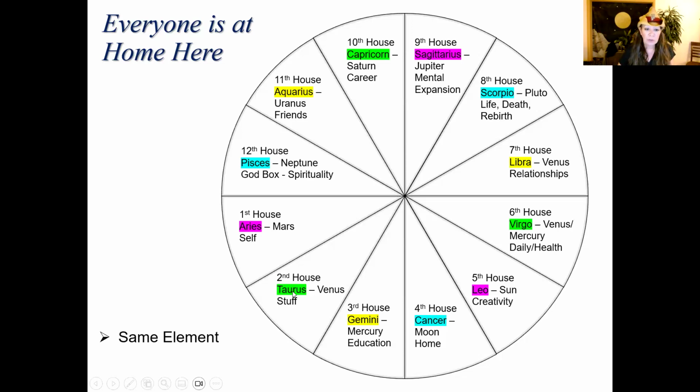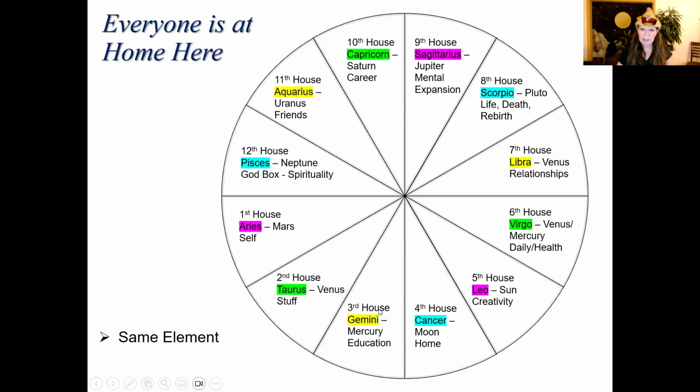Secondly, we've got the earth trine. If somebody has a planet in Taurus and Virgo, they have an earth trine. Virgo and Capricorn, they have an earth trine. Capricorn and Taurus, they have an earth trine. These are the manifestors. These are the ones that are actually going to finish the projects. They're going to get things done. They're about manifestation. Again, they're 120 degrees apart. These are planets that are in these signs.